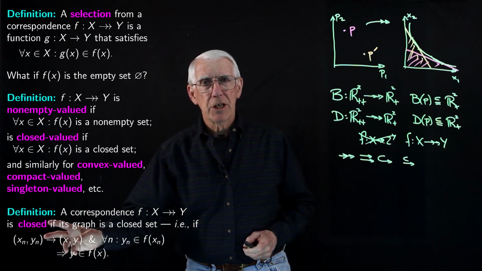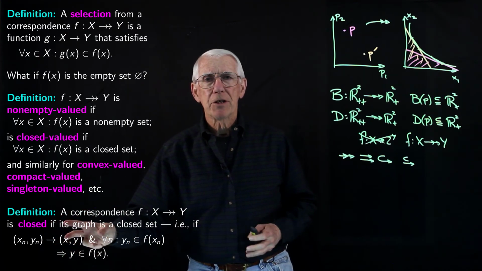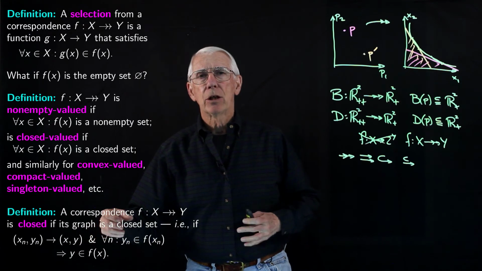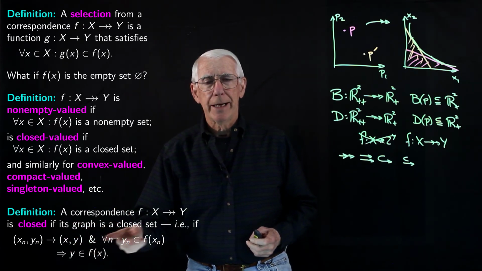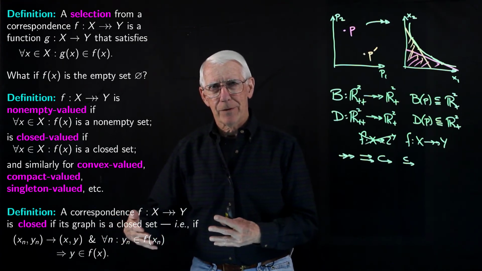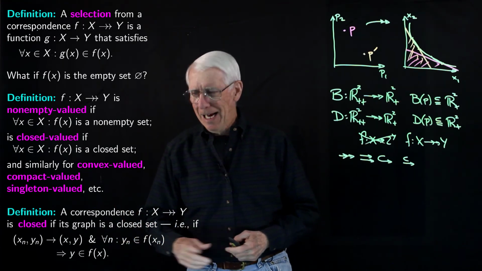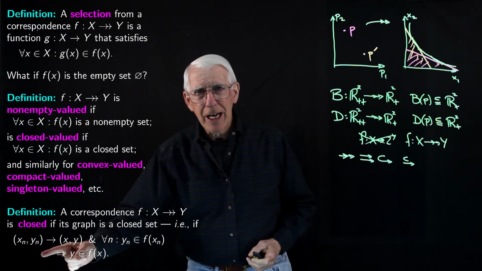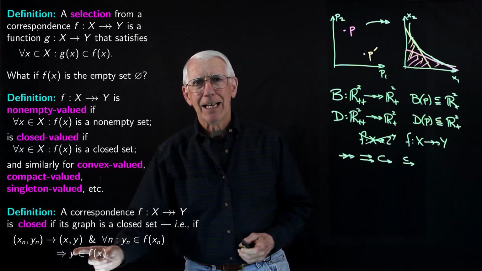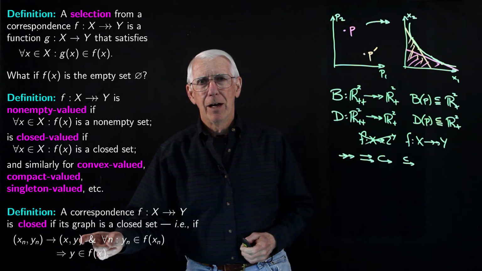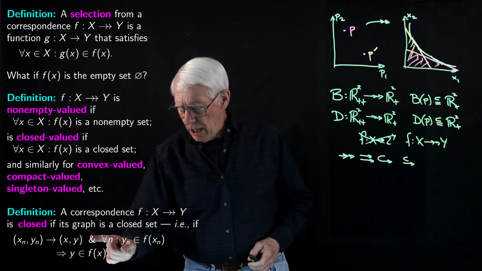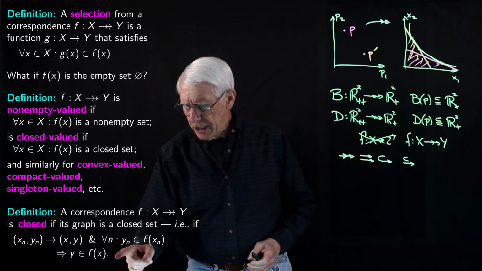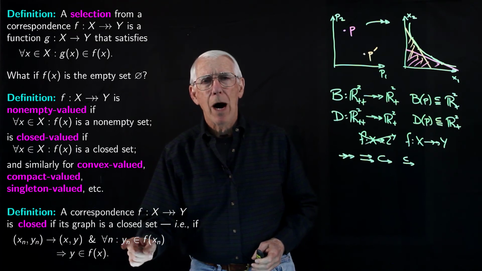The correspondence is said to be closed simply if its graph is a closed subset of the space x cross y, the set x cross y, where the graph lives, if you like. And so this sequential statement down here at the bottom is exactly that. The graph of f is a closed set in x cross y. And that might be a little more transparent if we point out here that this statement, for every n, yn is in f of xn,